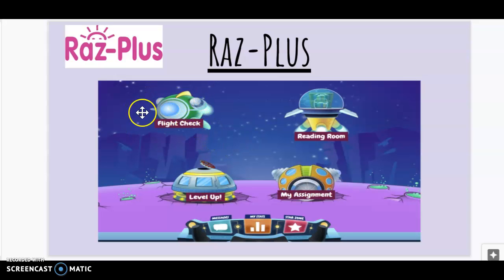This here is called flight check. So sometimes, whether we're in phonics groups or reading, I know it has been a little tricky for some friends to get access into this because it does have that login and password that is different from their BCPS